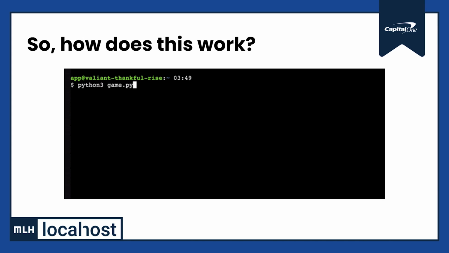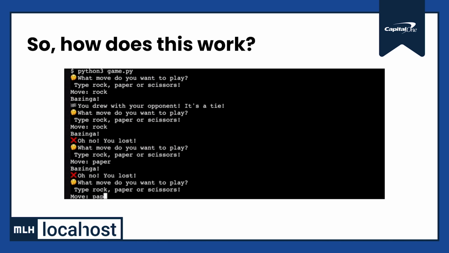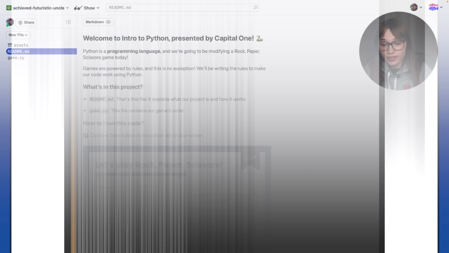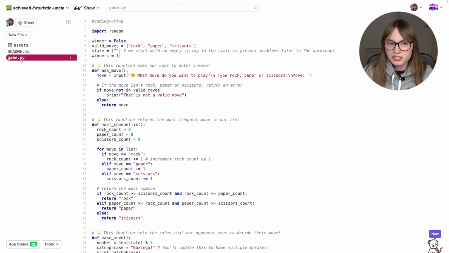So here's our project in action. It's a super simple rock, paper, scissors game where you, the player, play against the computer. We'll jump into how this actually works in just a bit. Now, this project is built using Python code, and you can see the code that runs it by opening the game.py file on the sidebar. There's quite a lot of code here, but don't let it overwhelm you. We're going to walk through what it all means in just a second.